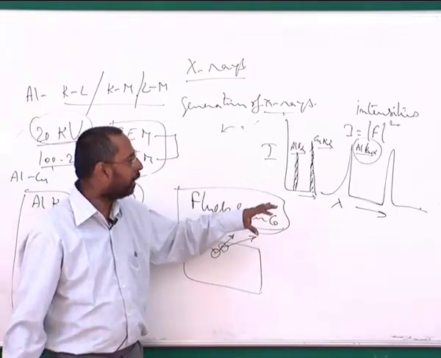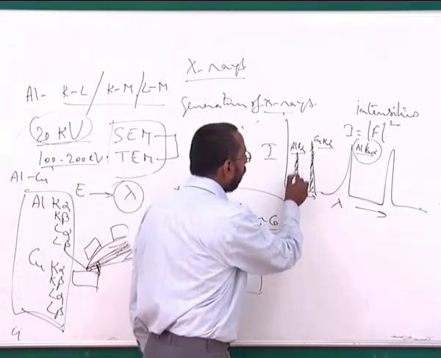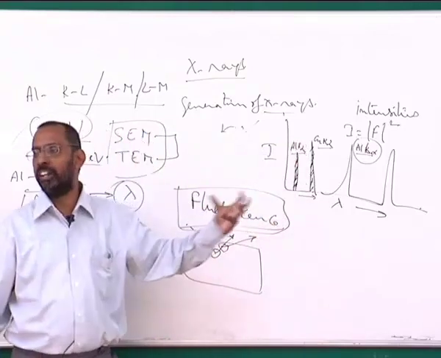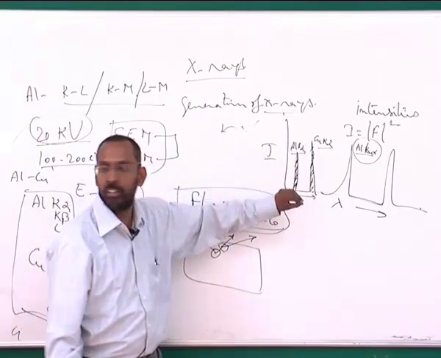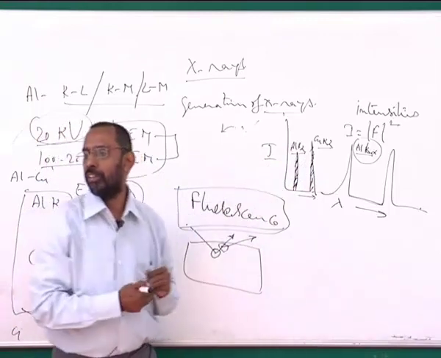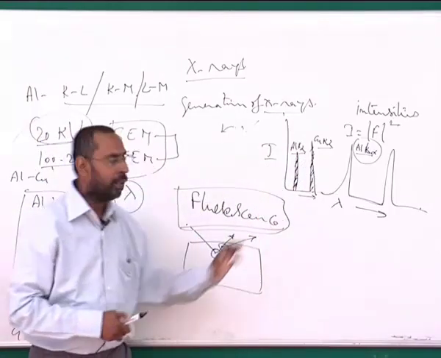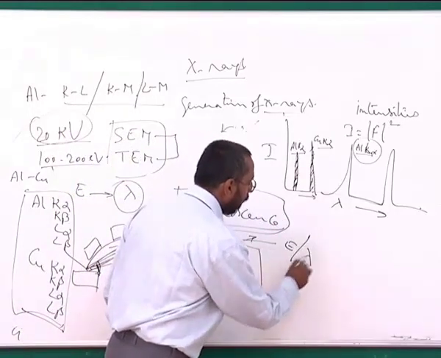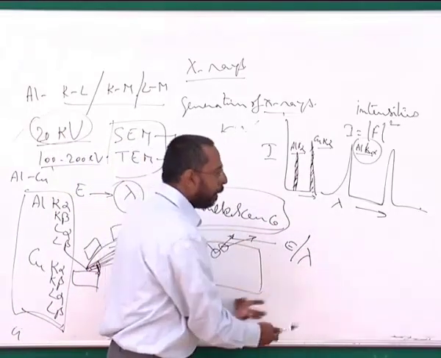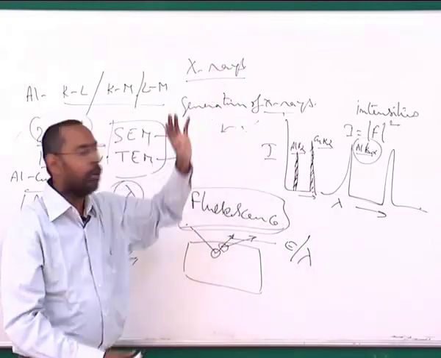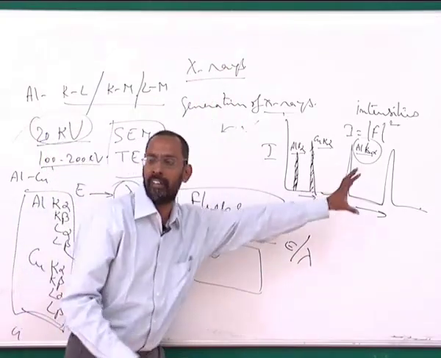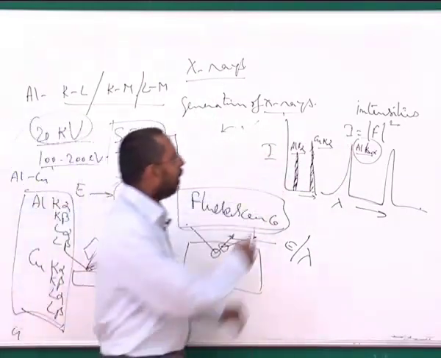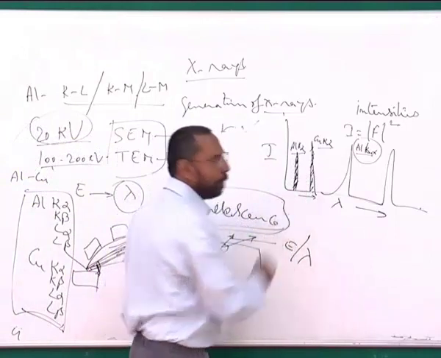This is more importantly to find out the actual intensities. You may actually have a certain percentage of element in this, but the actual intensity may be lower because the intensities are lost. Though the X-ray is coming out with a particular energy, with a particular lambda, the total number of packets of this energy that is coming out may be lost, because some of these packets have already interacted with something else and they have lost their energies. So when you are actually measuring this, you will be able to see this.